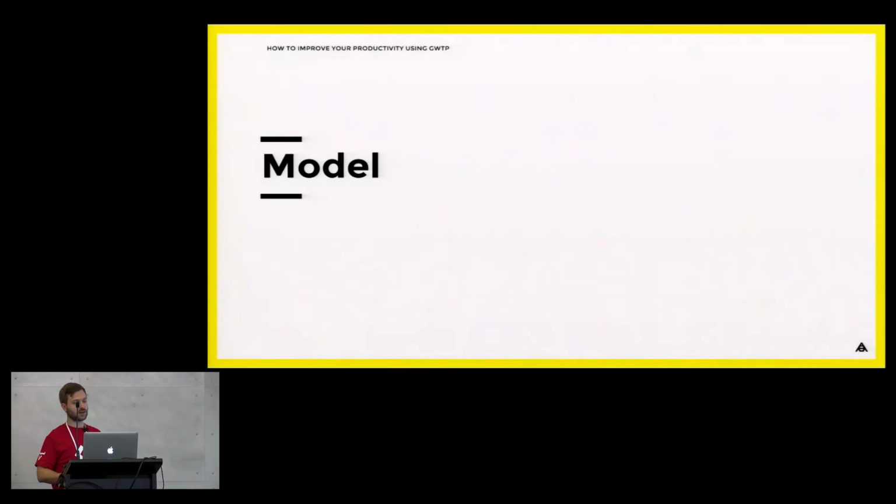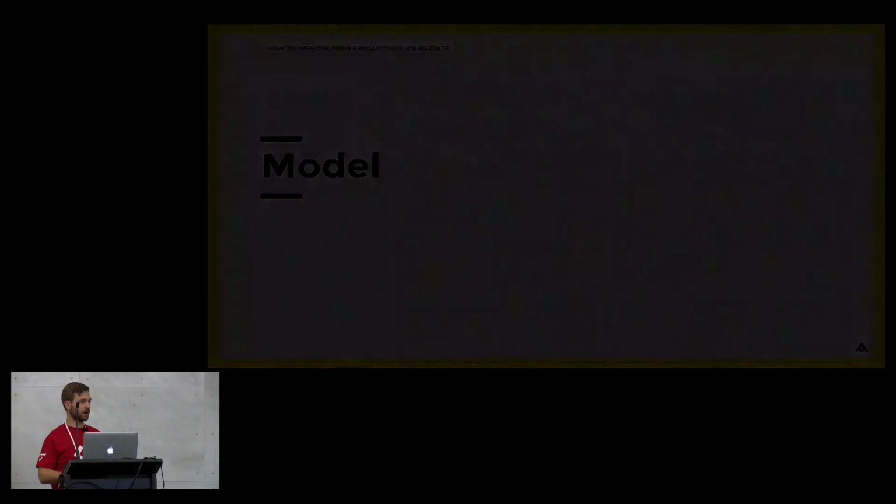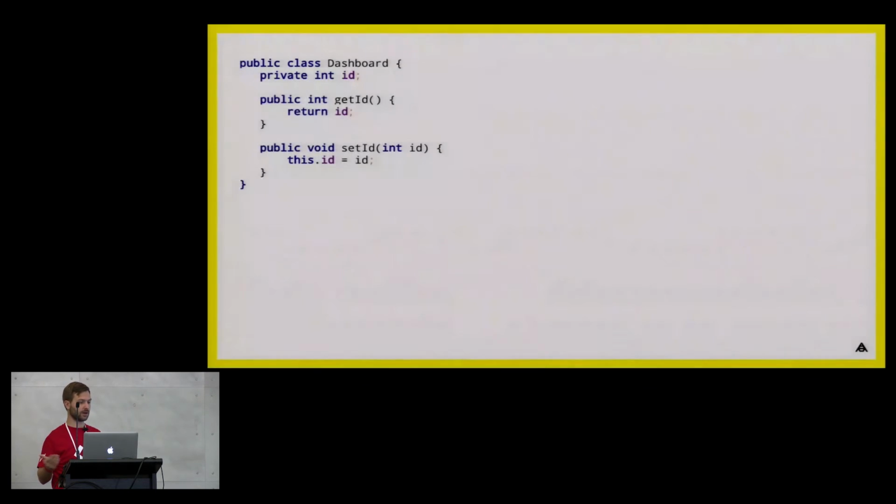So the model itself is really passive. Unless you do domain-driven development, the model in GWT will do nothing, at least in the type of programming that we do. So it's just getters and setters on objects that will go through the wire. I'm just saying this is the simplest expression of what you could get: an ID and a set ID of a dashboard, for example. I removed all the fields. The point is